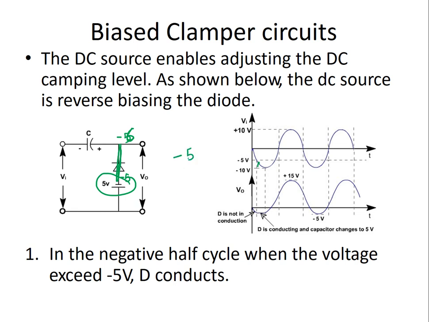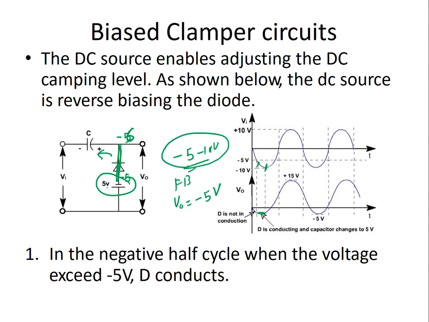Now from minus 5 to minus 10, in this range my diode is in forward bias and my output will be equal to minus 5 volts, the constant voltage level here. I have reached this point. Now when it is in forward bias, this capacitor is charging, right? So this capacitor will charge with the value of what? Here the capacitor will charge with the value of 5 volt, because this diode is only forward biased in this region.